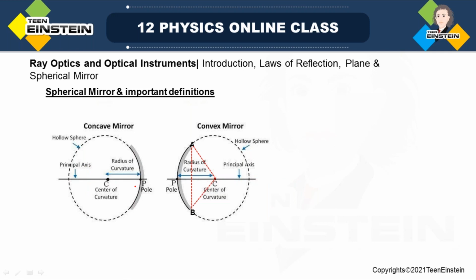So this principal axis has a lot of importance. Okay, the line joining the pole and focus, if you extend that line on either side, that will give you the principal axis. And the use of the principal axis is that the base of the object or the base of the image will be on this principal axis. All right,